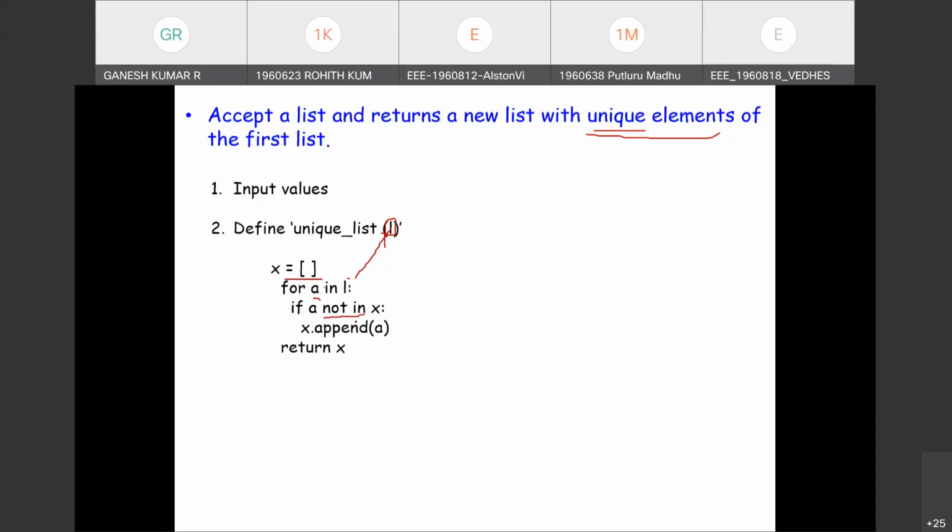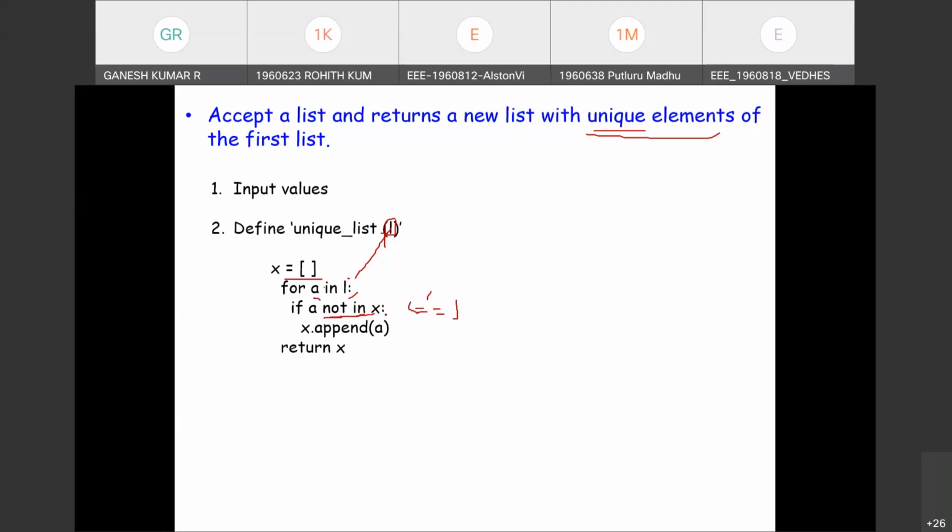So not in is a standard function which compares and results true or false, which is similar to the equal operator. It's also an operator, but expressed as a keyword. The operator is a symbol, which is equivalent to the keyword not in.